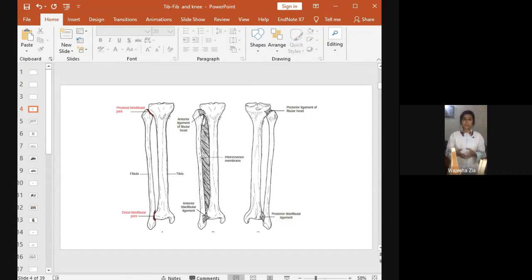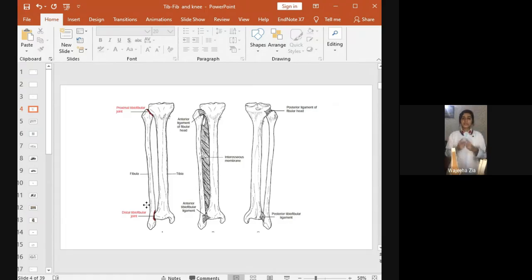There are two bones in the leg. One is the tibia and the second one is the fibula. The tibia is a medial large bone and the fibula is a lateral thin bone. In this picture on your screen, you can see this thick bone is the tibia and this small bone